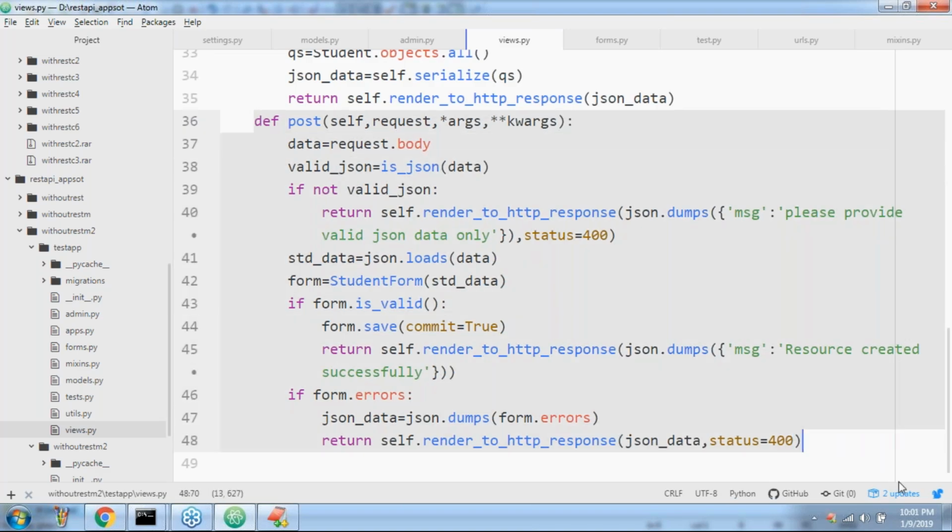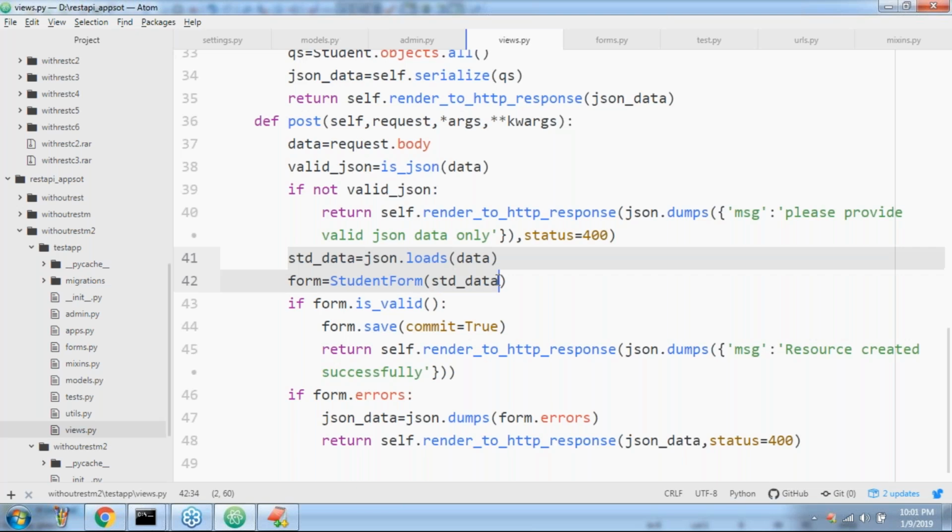I don't think you people are going to face any problem. Any doubt? Can you please have a look once? Here I'm getting the data. Is it valid JSON or not? If it is not valid JSON, please provide valid JSON data only. If it is valid JSON, get the data and create a form object.